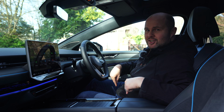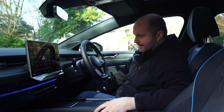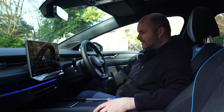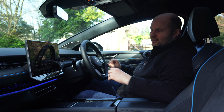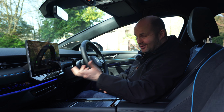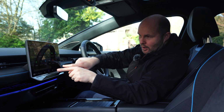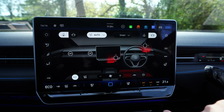These have massaging seats. They're very nice. I don't think you'd use it for 20 minutes, but use it for a while. Extenders for the back of your legs. And yeah, my only criticism, and it's small, it is quite minimalistic, but the interior quality of everything is really great. You can control how many air vents are open around the car, again, to just save use of energy